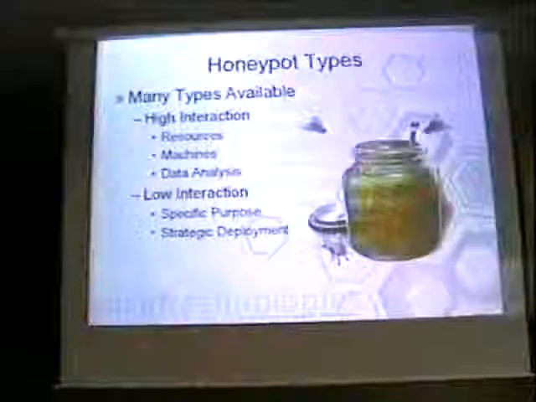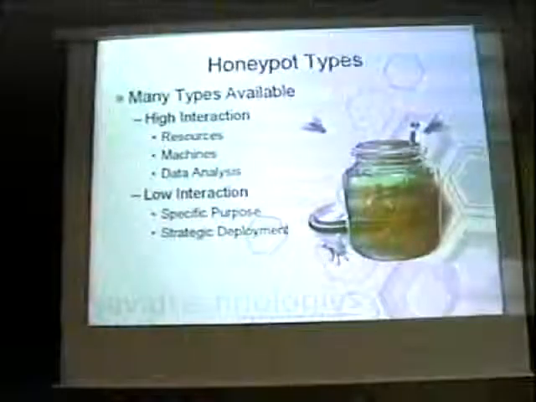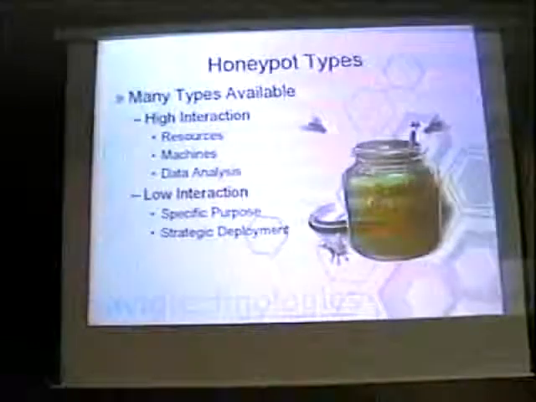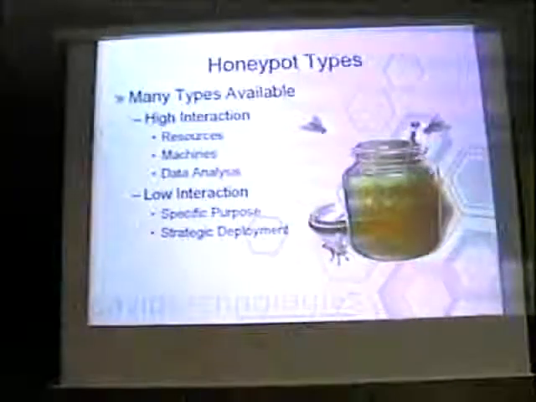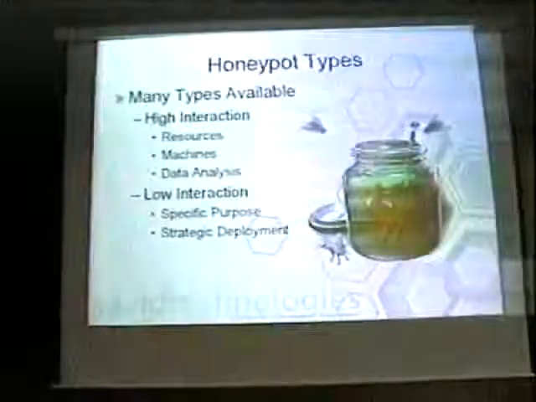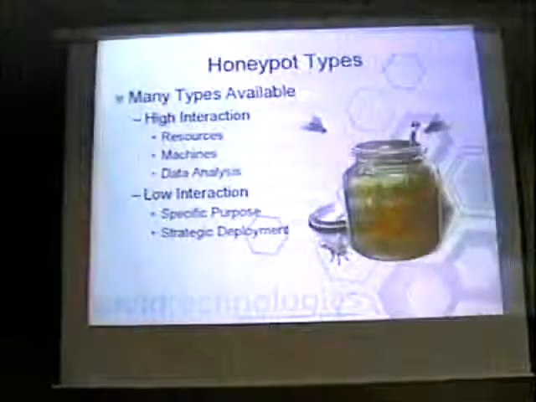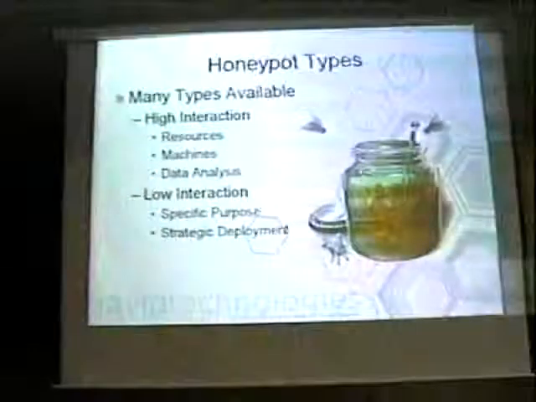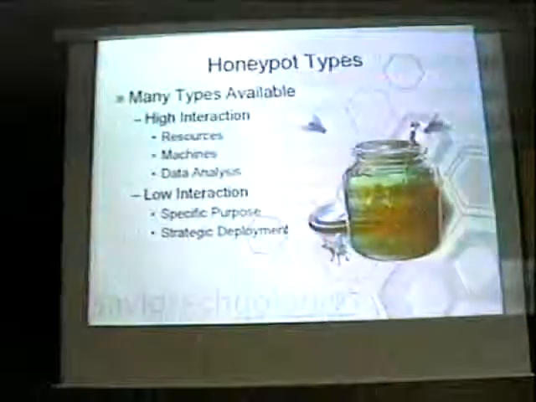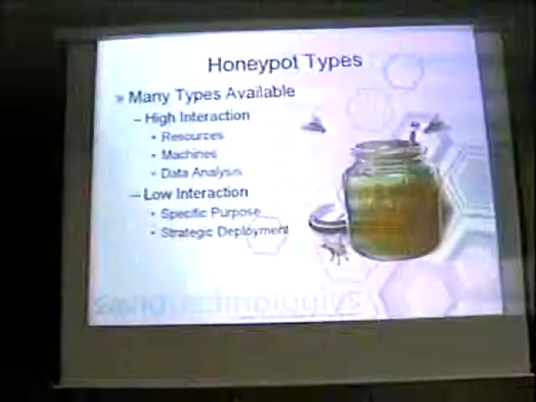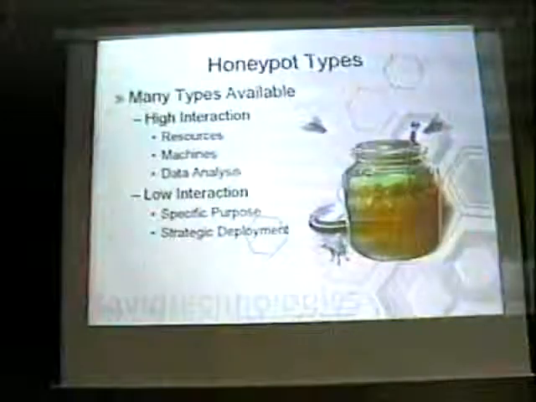So they have high interaction systems, which are full-blown honeypots, full-blown operating systems, applications, and services running, completely interactive. Low interaction systems like Nepenthes and Honeyd are just little modules that emulate IP ports and services. That's it. So they really can't be interacted with that much besides some network scanning. They fool the botnets, the Trojans, and some scanners.